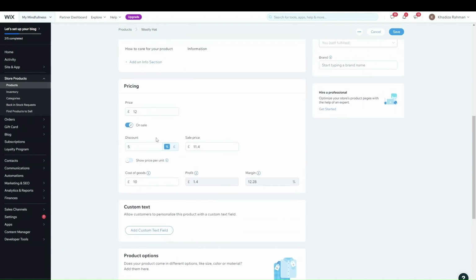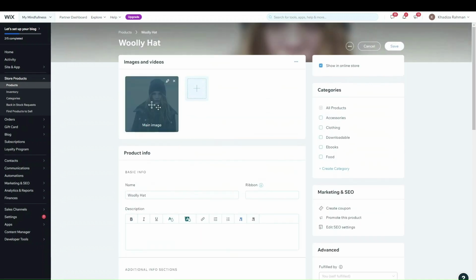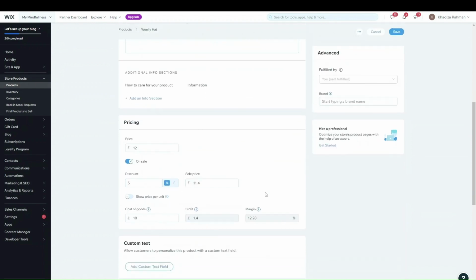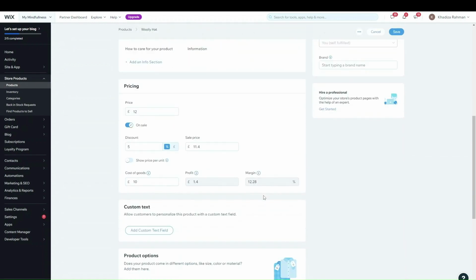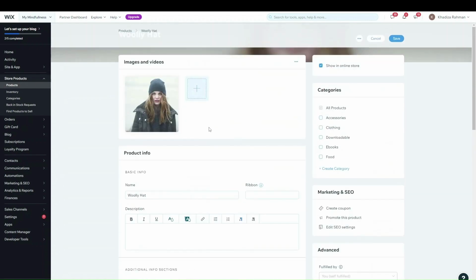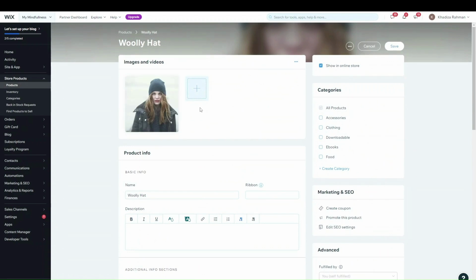The other thing with the pricing then is sometimes you can sell a product but it has different size options or different color options or different basically attributes that people can select, and maybe those attributes have different pricing. So Wix allows you to make different options for a single product, and then allows you to price them and stock them individually. So for example, say this hat, if it comes in maybe 2 different colors, in black and white,